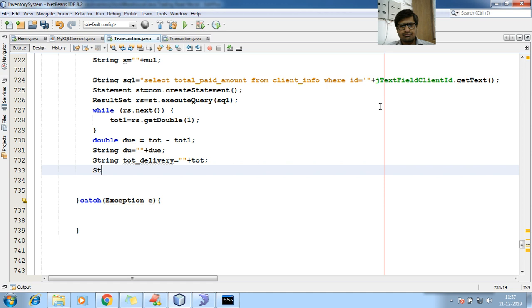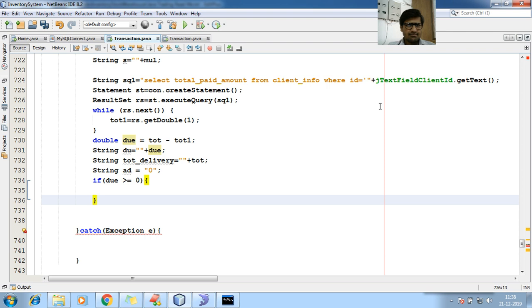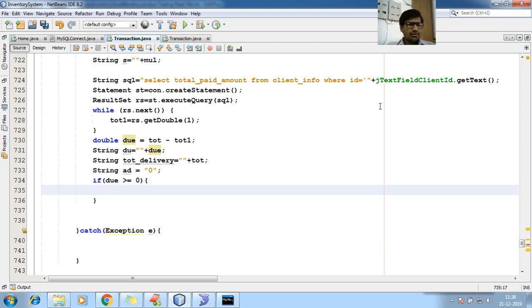Then if you want to add some advance amount, I want to keep it 0 only. Okay, then after this, if due is greater than or equal to 0, then write some logic. Let me create string SQL1